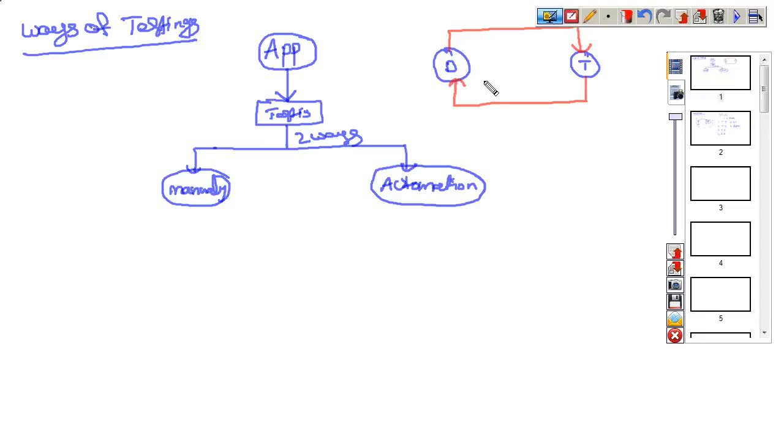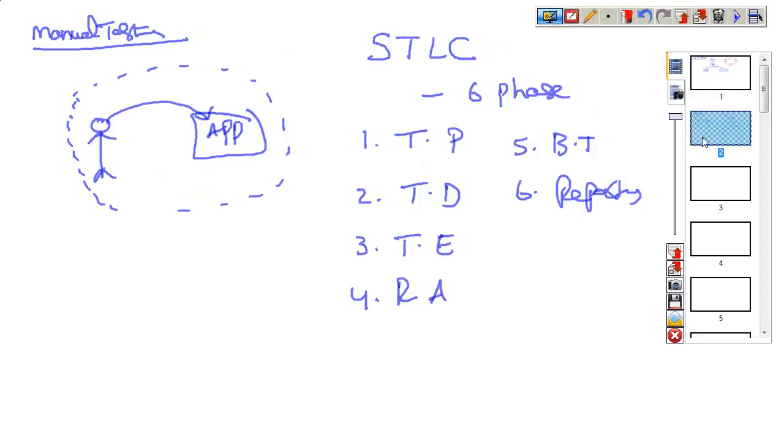What does testing mean? The developer develops the application, build one, and releases it to the testing department. The test engineer tests it, finds the defects and sends them to the developers. This process continues until the application is defect free. This is what we call testing. So now I'll give the definition of manual testing. Manual testing is a process, going from developer to test engineer to developer.